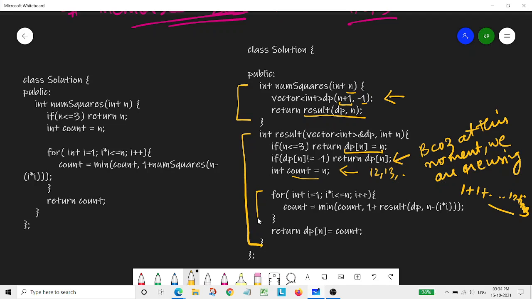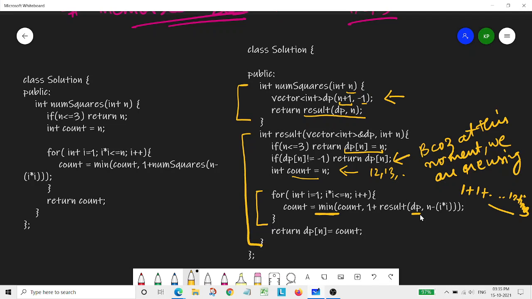So that's why we do this whole process. As the number itself is one of the possible answers, not the best, but one of the possible answers to be submitted, we could get the count of the squares which are being used to add up to that number. But now as we require the best answer, that's why we are doing this process. We are simply checking what is the minimum count which could be used.